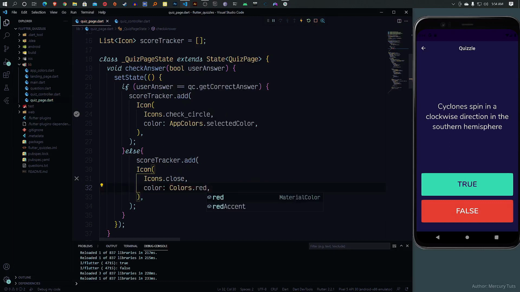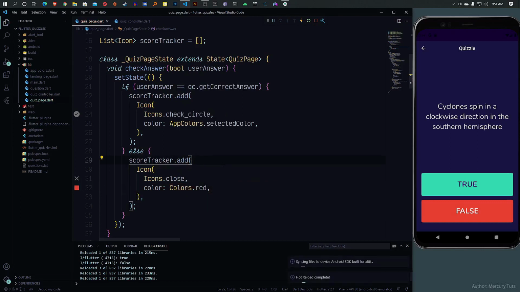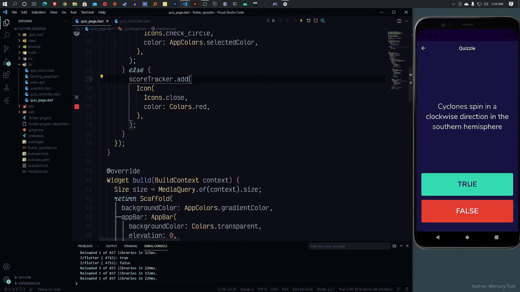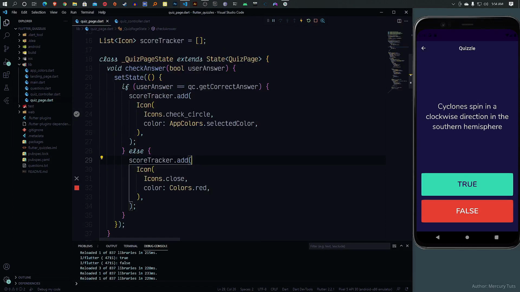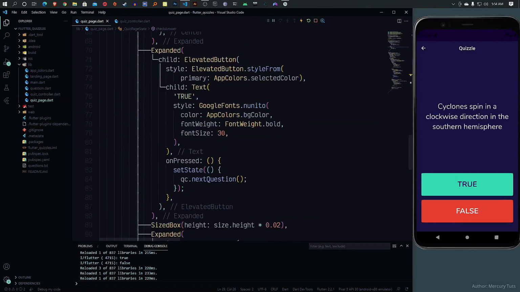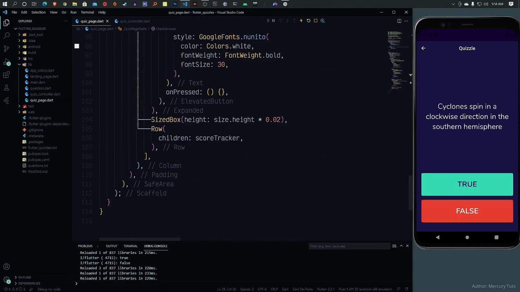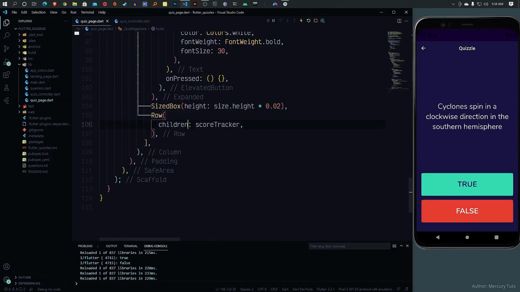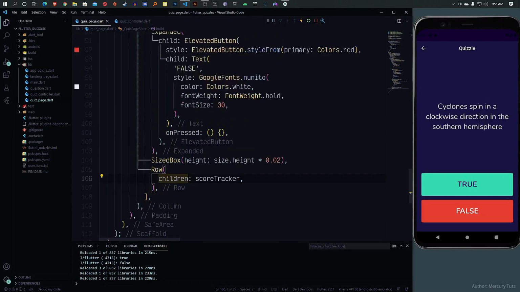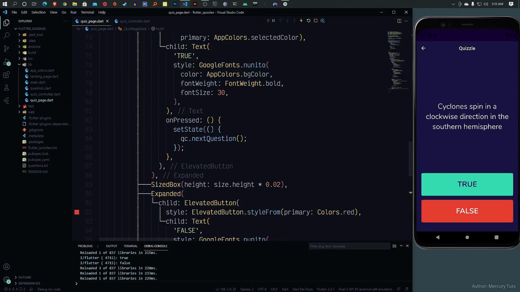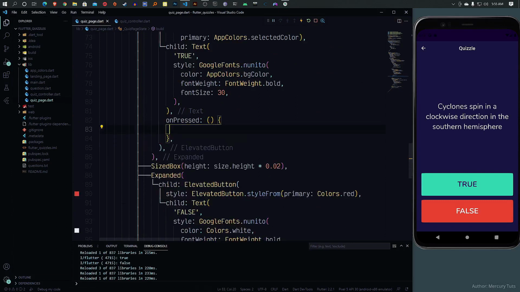Colors.red, just like this, and then we save this also. So we can probably test this out to see if it works or is going to get broken along the way. So I have to call this function somewhere because it wouldn't just work. So I can go back to this, yes, I can come back here to unpressed, and I can actually get rid of this and then